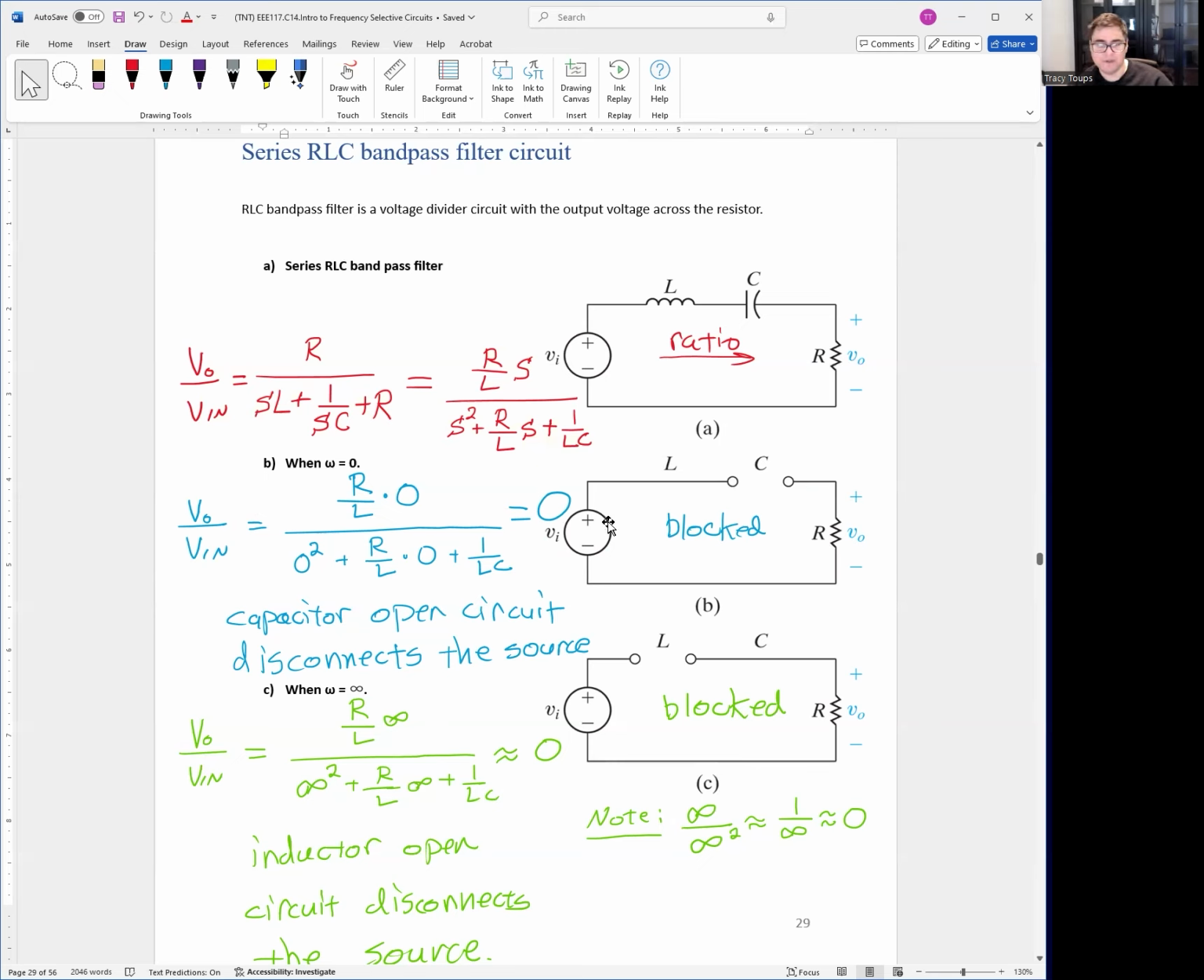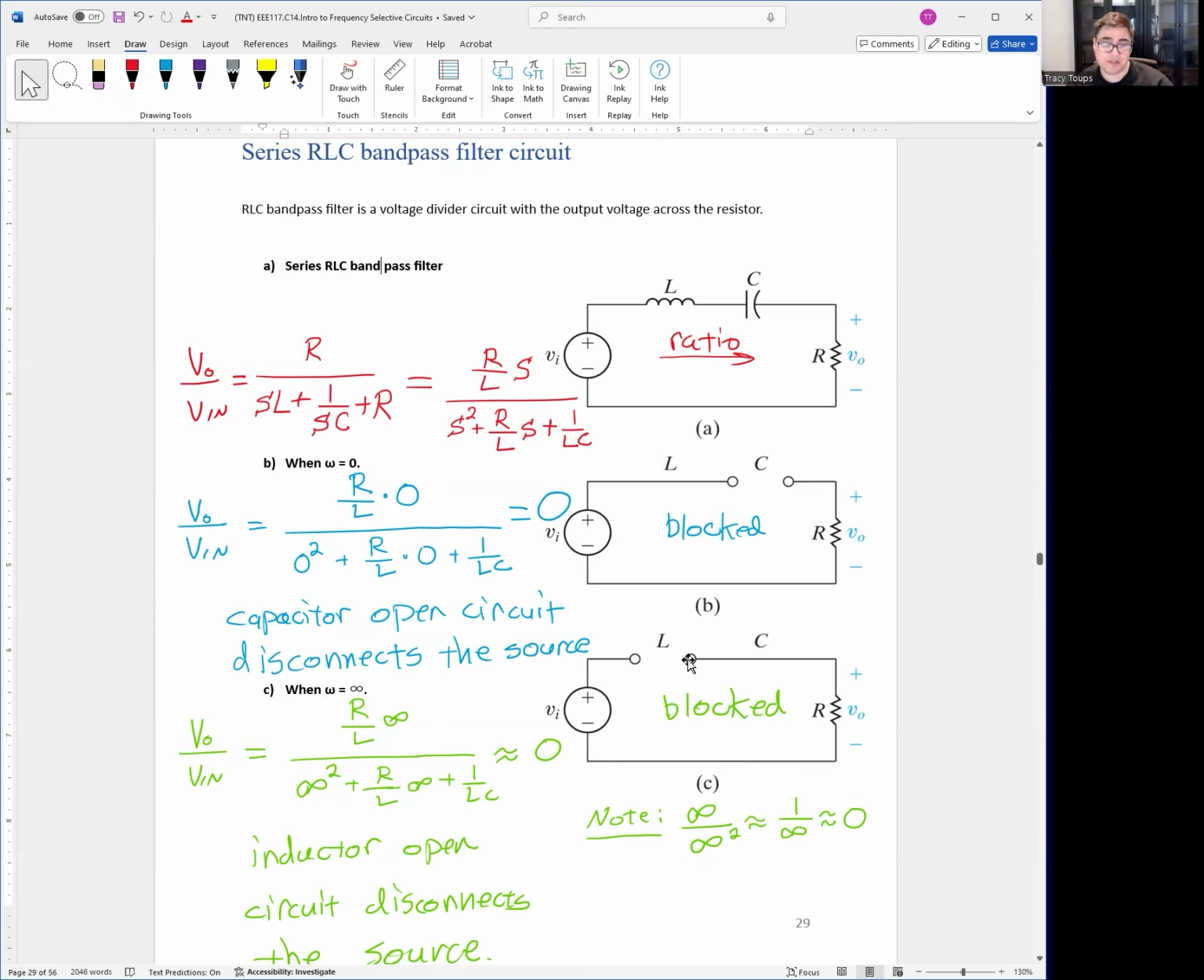Okay. And you could just plug in the math. You plug in omega equals 0, and you have 0 on the top, and then you have 1 over LC in the bottom. So you have 0 overall. Right? We could do the opposite end where we have a near infinite frequency,